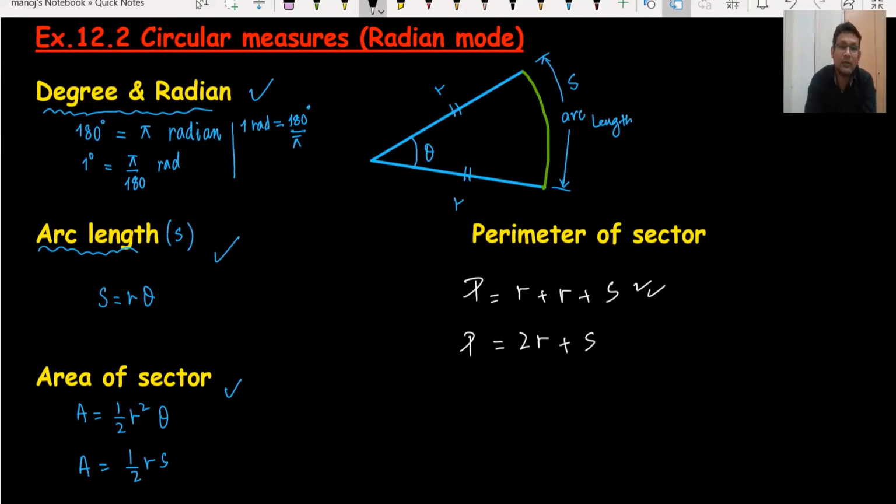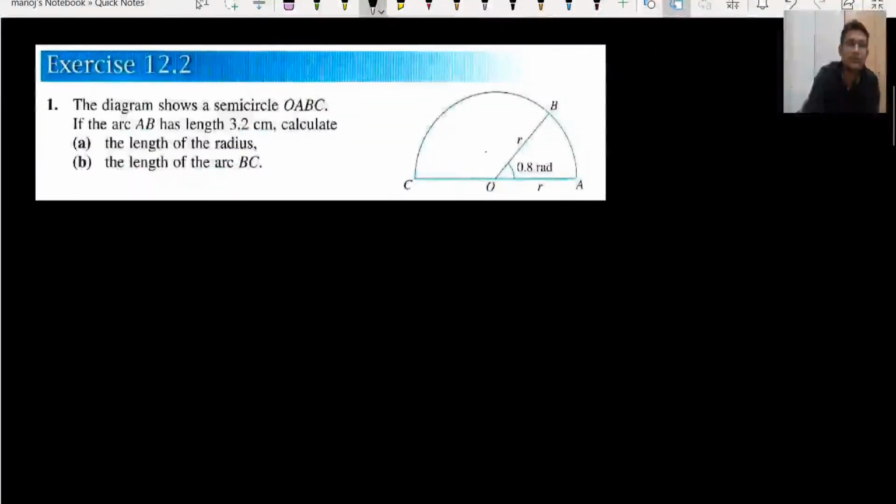That's how we have to deal with this chapter 12.2. And I would like to do one of the questions. Okay, 12.2 is here. Question number 1, we can see the length of the radius. We need to find the radius now. If I consider only this part, this is a sector, and there are two sectors. This is also a sector, this is also a sector. Now, the length of the radius is about